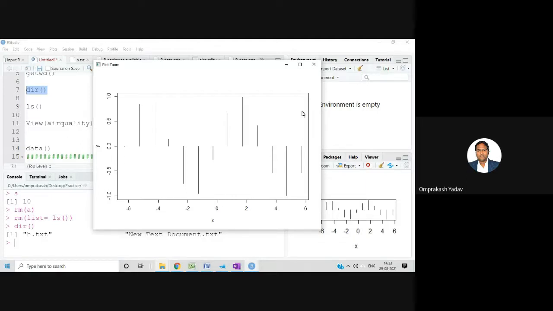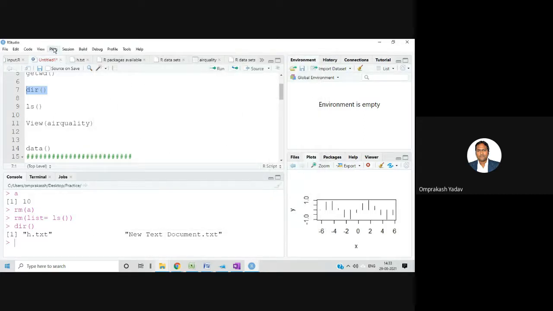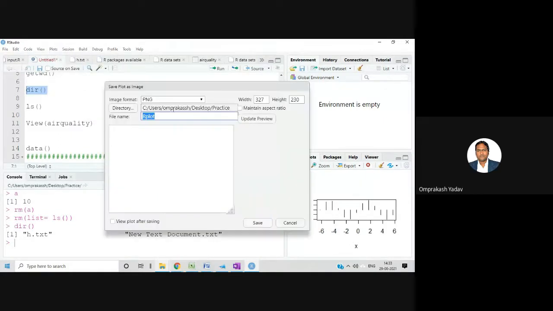So this will zoom it, and if you want to save this particular plot, as I explained yesterday, if you go to this plot, there is a save as image option and save as PDF option. If you want this for presentation purposes or to show to anybody, you can just click on it and it will give you various formats where you want to save it. Different image formats are there, and you can select any particular image format and save in that format.